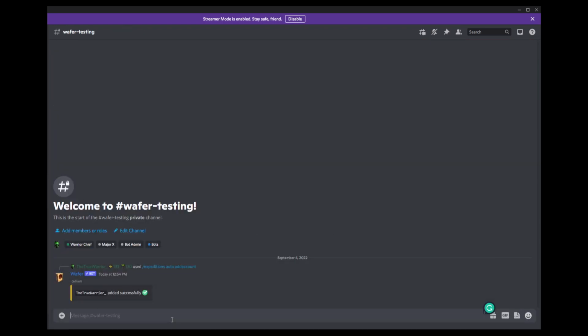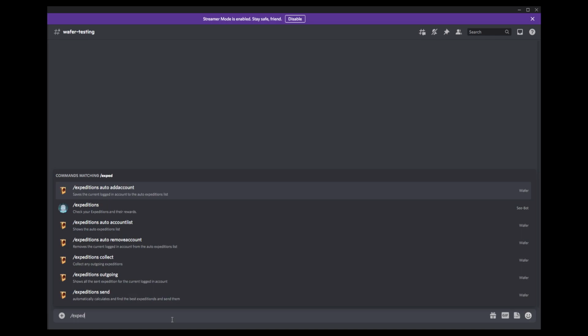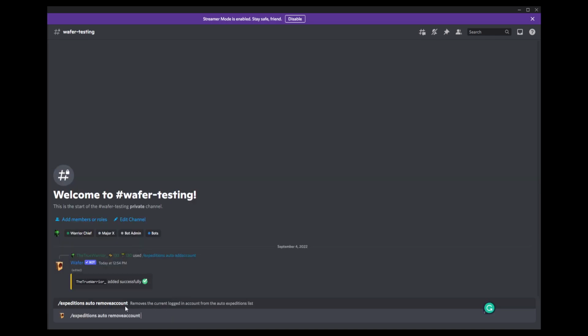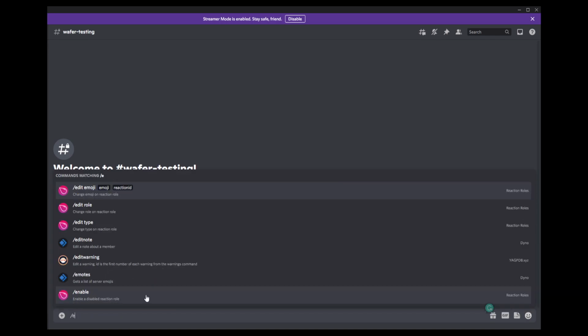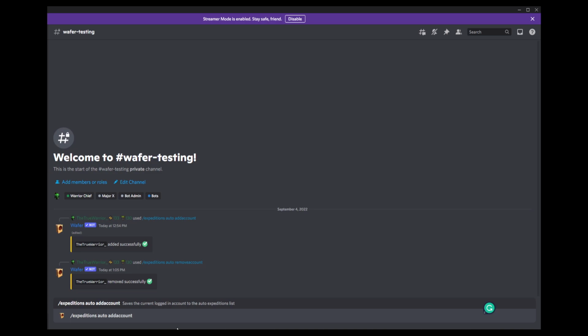Okay, so just like you add an account, you want to remove account. Let's say that it's not working out for you. You're not liking the way things are set up right now, or you want to have more control. You can type /expeditions and auto remove account. Be sure once again that you log into the account that you want to have removed. Same concept. So I'm going to go ahead and hit enter, and it is now saying that, boom, it removed it right away. So now it's not going to automatically send anymore unless I want it to. All right, I'm going to go ahead and re-add it though, for showing you